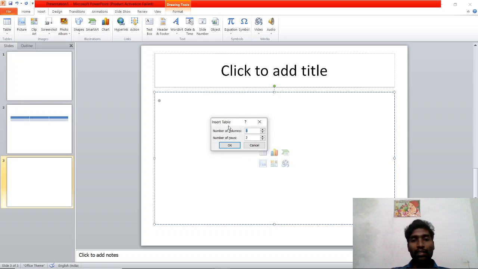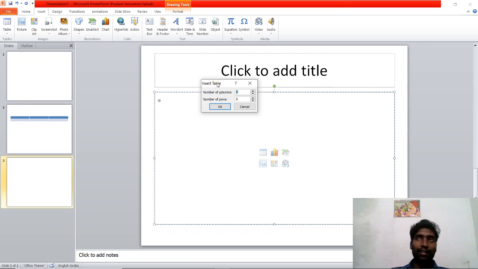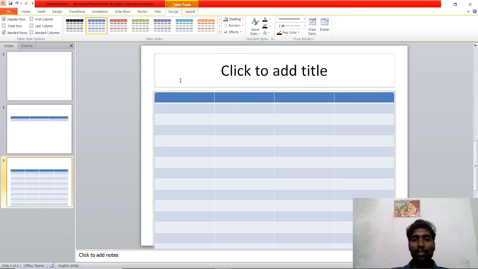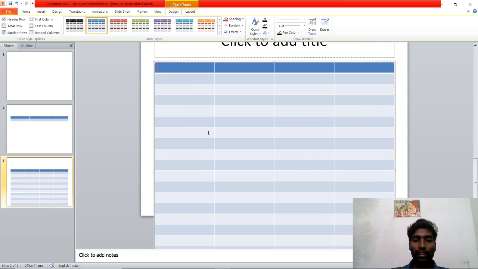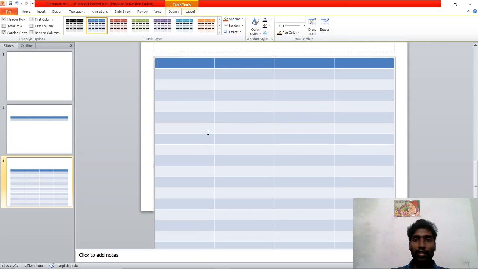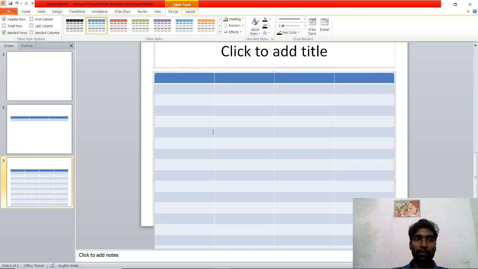Just click. Here columns are there. If I want only 4 columns, select 4, and rows. If I want 20 rows, just see, I already told you column means vertical, row means horizontal. Press OK. See here, 1, 2, 3, 4: 4 columns and 20 rows are there. This is the second method.